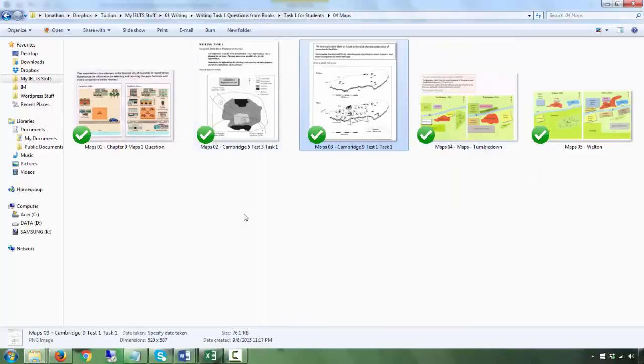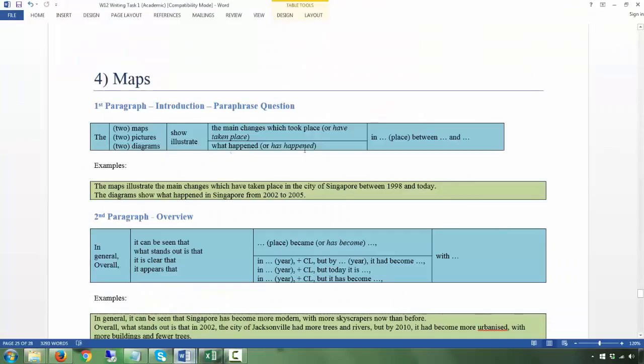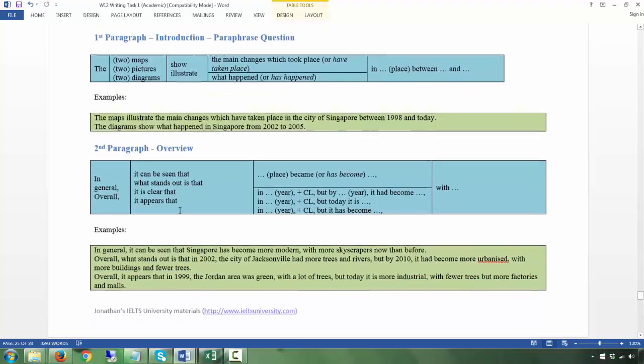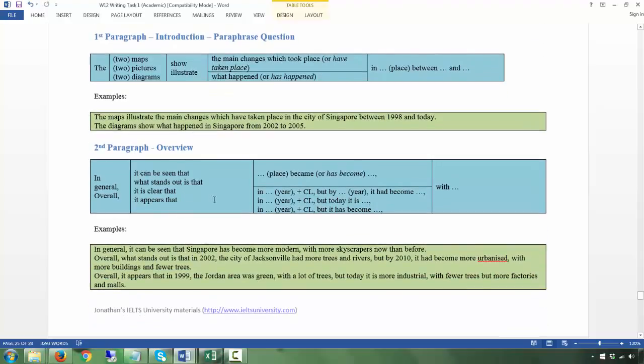Now, introduction. Paraphrase the question. You can say the 2 maps, pictures, diagrams show the main changes which took place or have taken place between what and what. Overview. In general, it can be seen that what you could say generally is that this has become more modern. This city has become more modern with more buildings or more whatever than before, or more buildings and fewer trees,